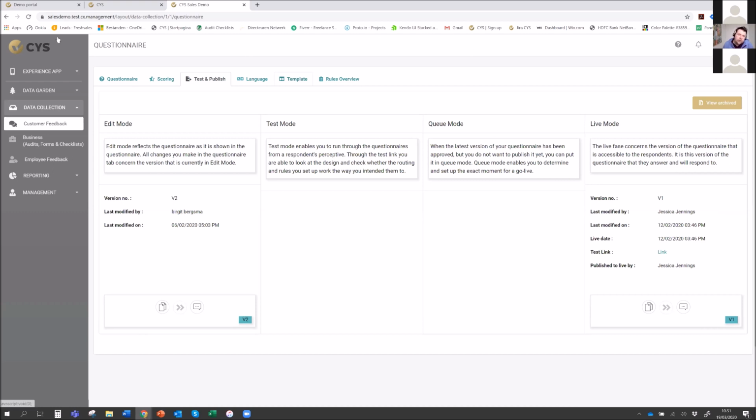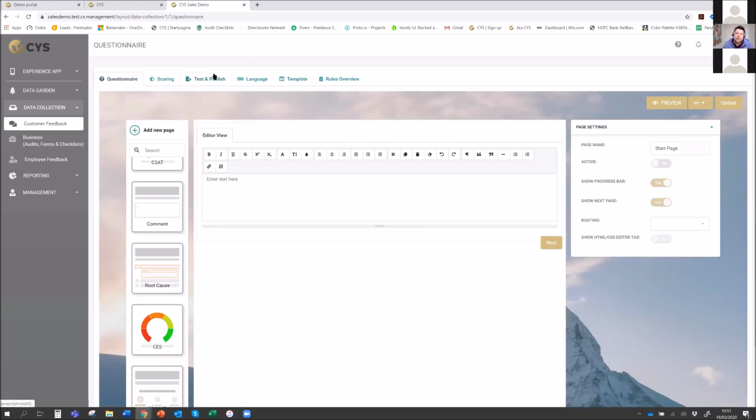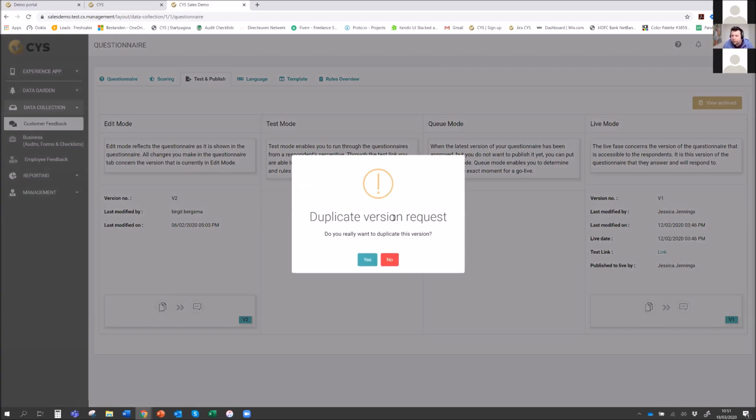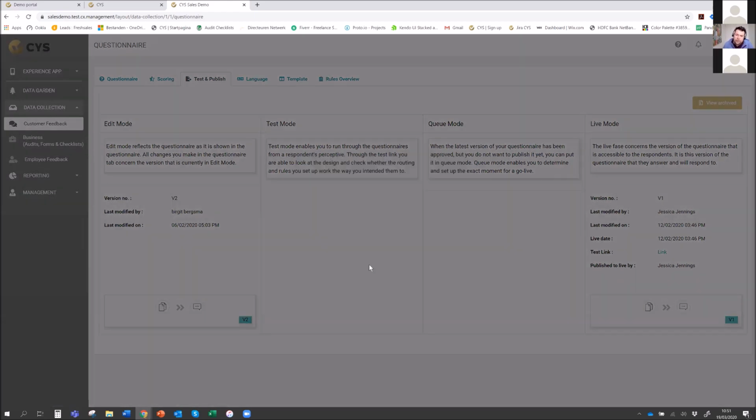So the questionnaire you're looking at is in edit. And as soon as you have your questionnaire ready, you can just place it into test. Quite simple, and it will just copy it. And then it asks, do you want to duplicate this version? Yeah, I want to do it. And as soon as you do it,